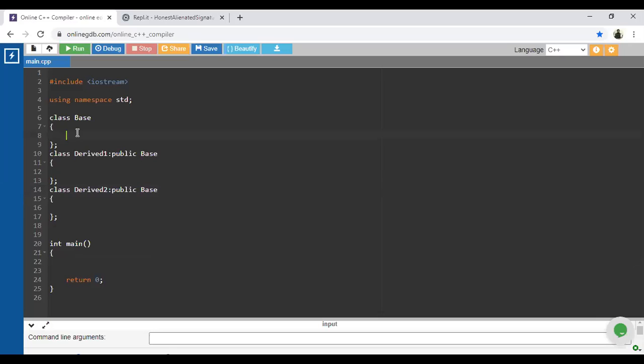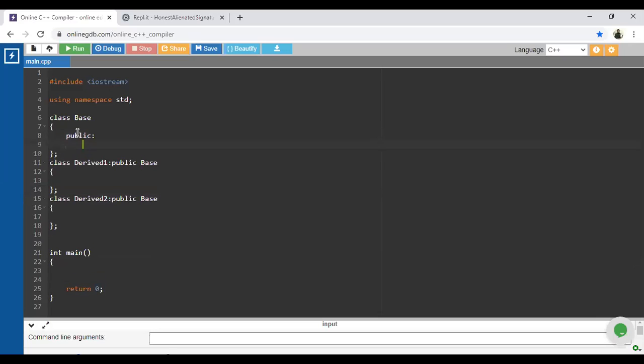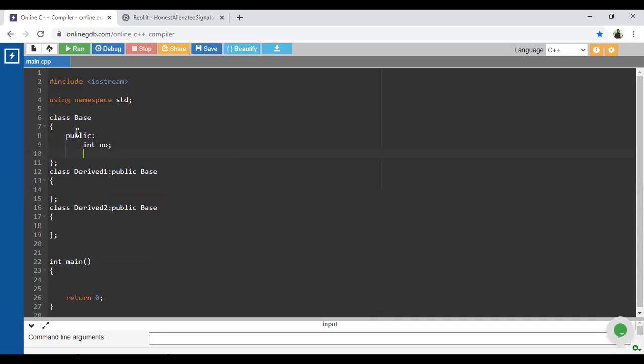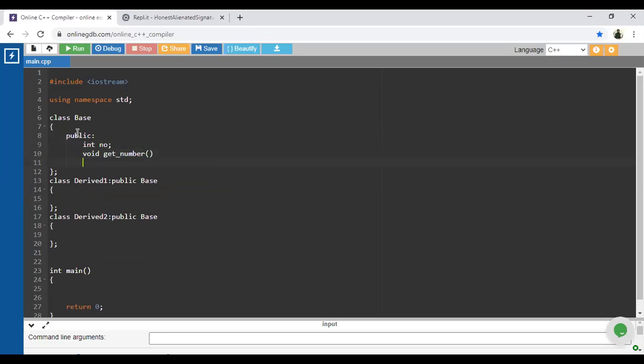Here I will consider the public access specifier mode, and inside that I will accept any number which we want. So I will write void and the method get number.